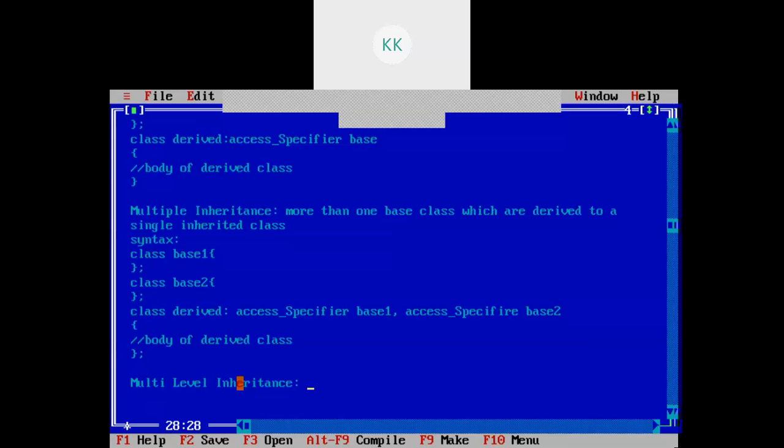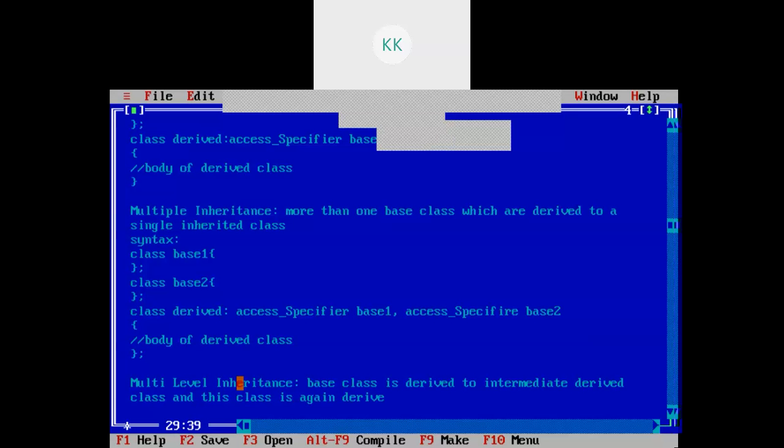In multi-level inheritance, a base class is derived to an intermediate derived class, and this class is again derived to another derived class, right?